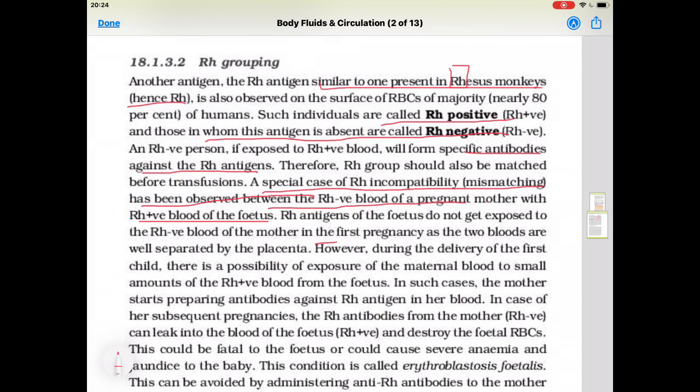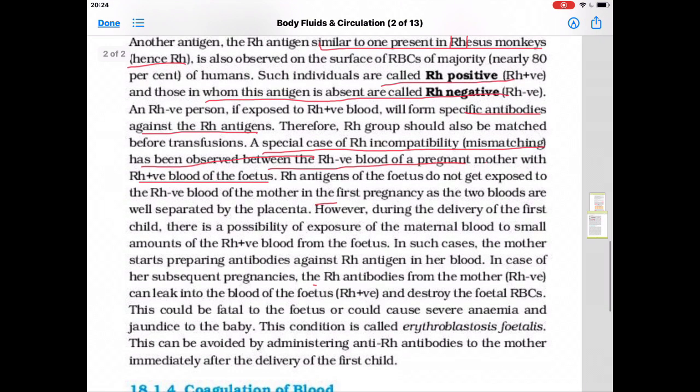Now consider that in the next pregnancy, if again the fetus is Rh positive, then in that case the reaction occurs, because in the body already Rh positive antibodies are present, so reaction occurs and clumping can occur, or this can lead to the anemic condition also, or can cause jaundice to the fetus also. So this condition is known as erythroblastosis fetalis.